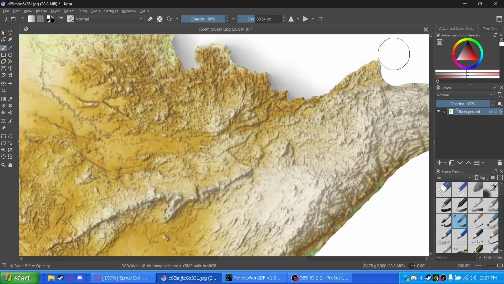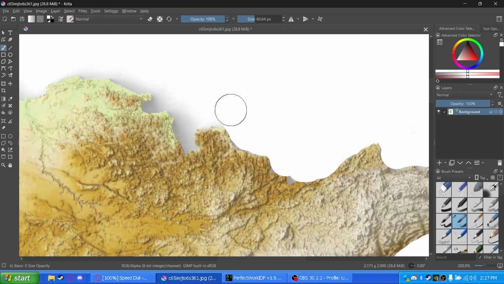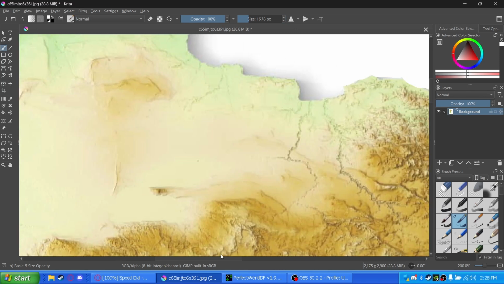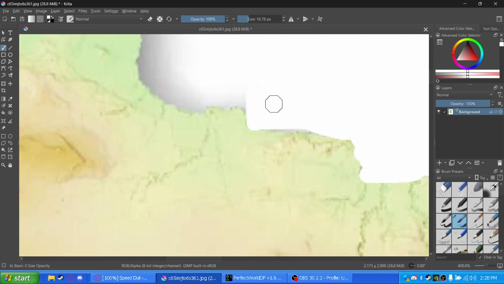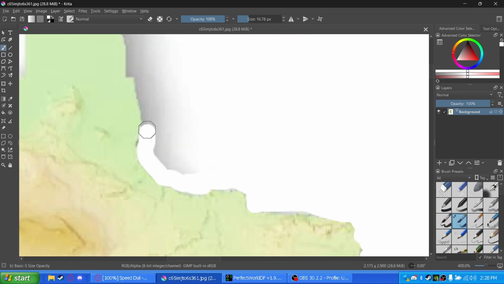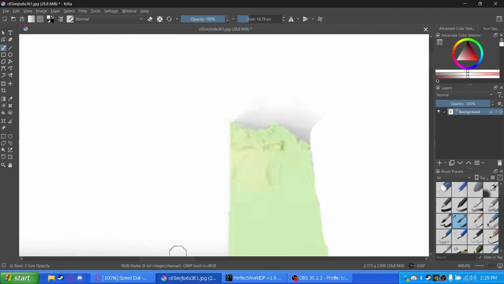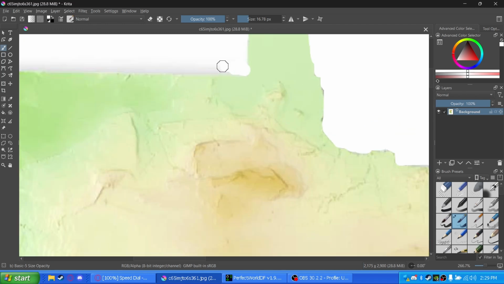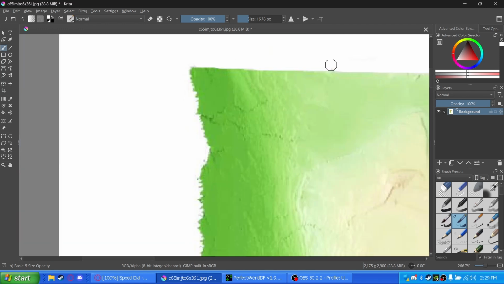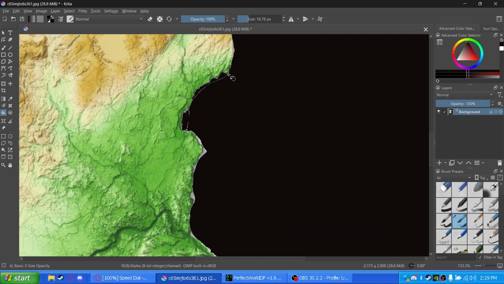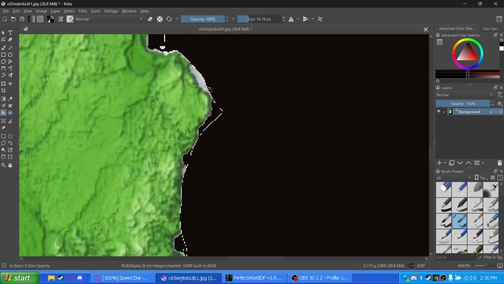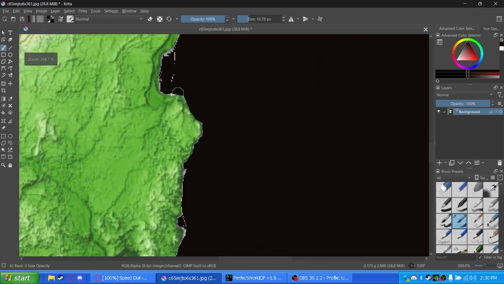Then I go around, I clean up all of the shadow on the map, so it's just the landmass itself with the topographic map. And just like how I did the Texas one, I'm going to be using two different maps. That way we have a more accurate result by the end of this. So, after cleaning up all of that shadow, I fill in all the little areas that I missed initially,